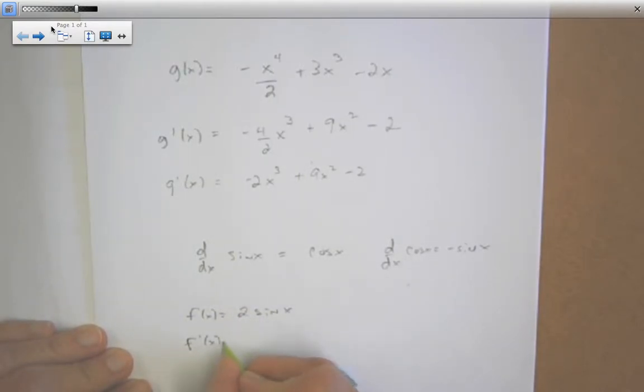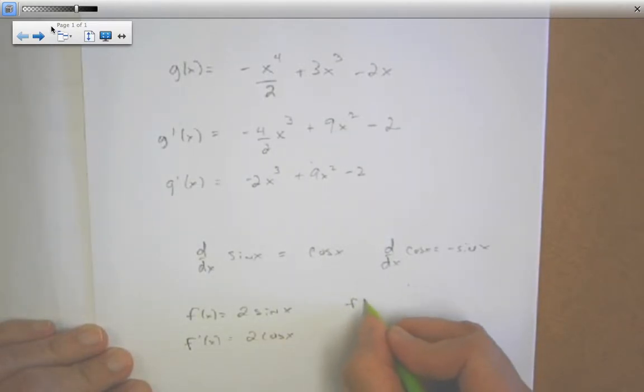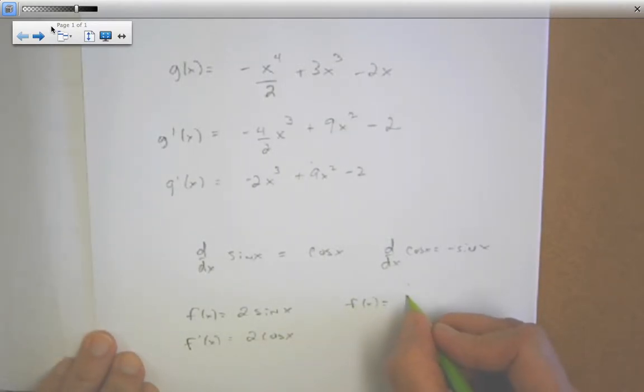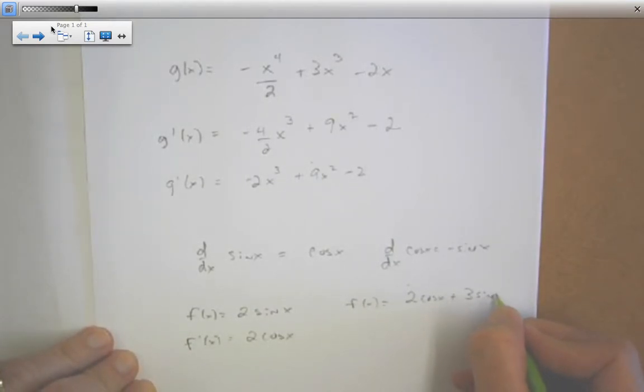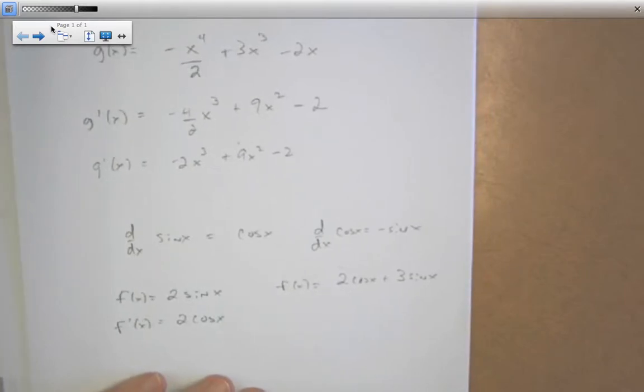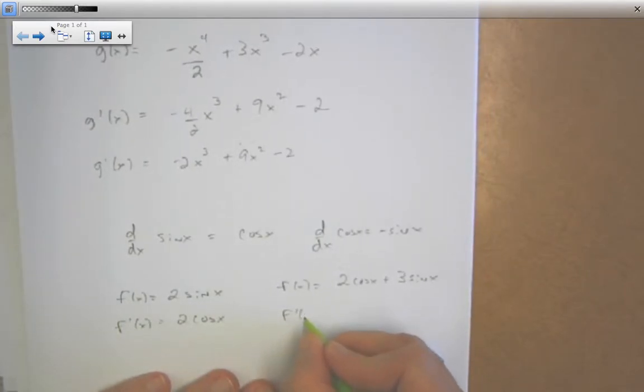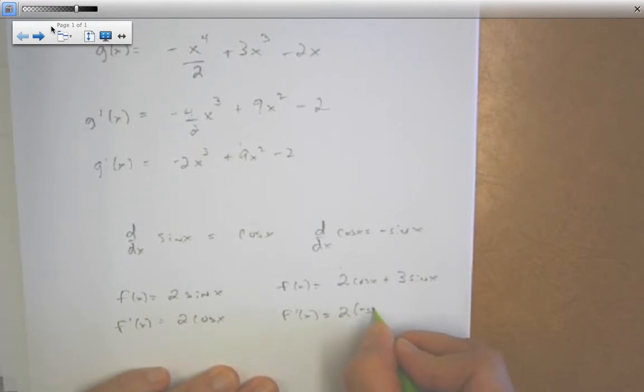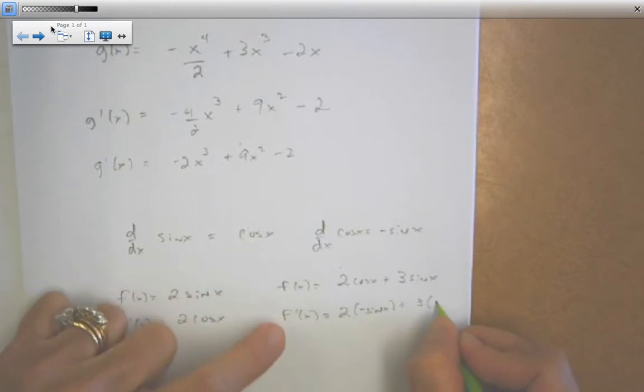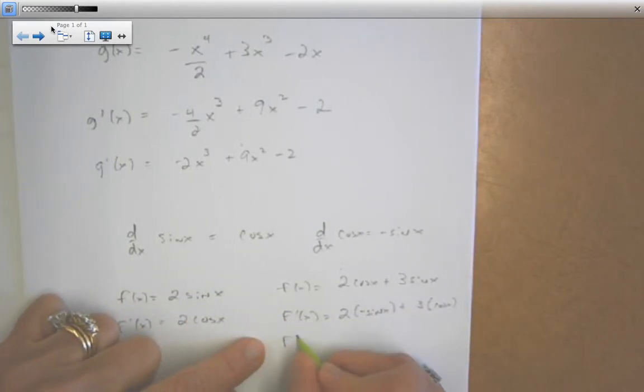Then the derivative is 2 cosine x. If f of x equals 2 cosine x plus 3 sine x, let's put it together in combination with another one. The derivative is 2 times negative sine x plus 3 times the derivative of sine, which is cosine x. So the derivative is negative 2 sine x